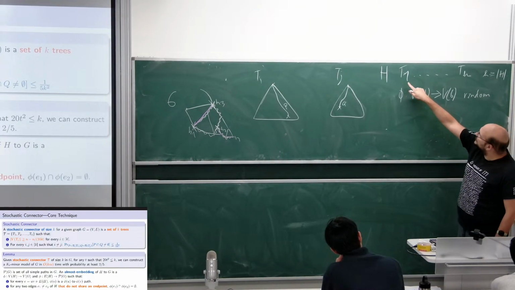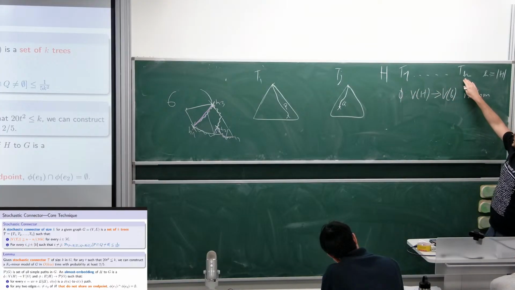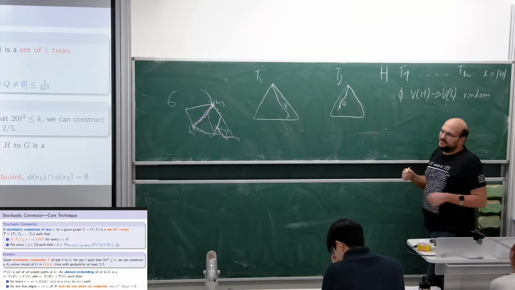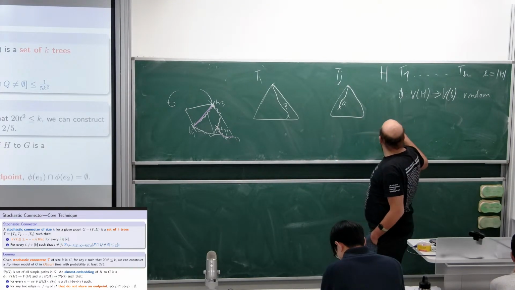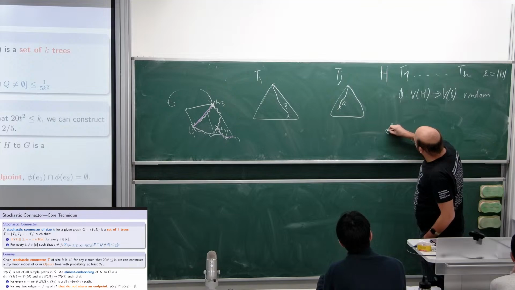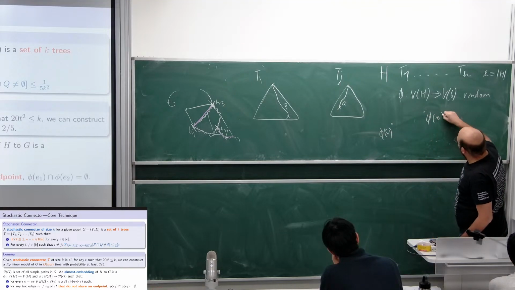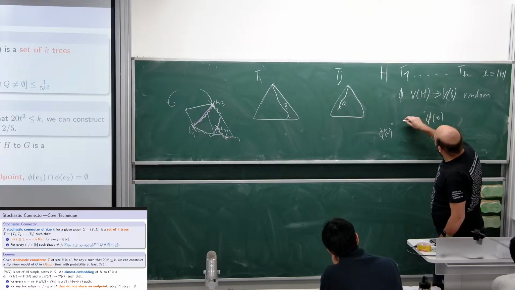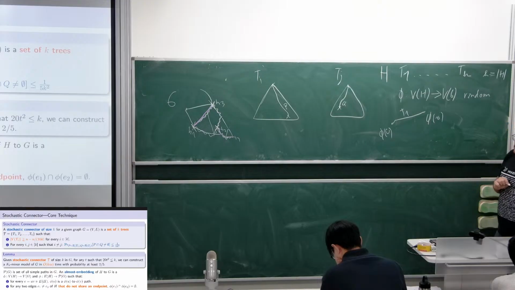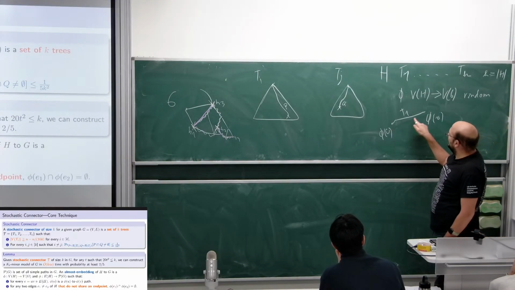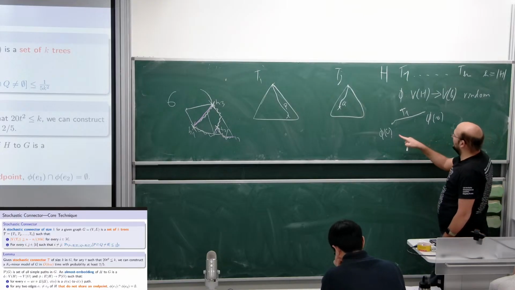So the strategy is to use those T1 up to Tk to construct those paths between those mapped vertices. So if I have vertices phi u and phi v, then I would like to use this T1 sort of to construct the path. So the first bad thing that can happen is that T1 doesn't contain one of phi u, phi v,